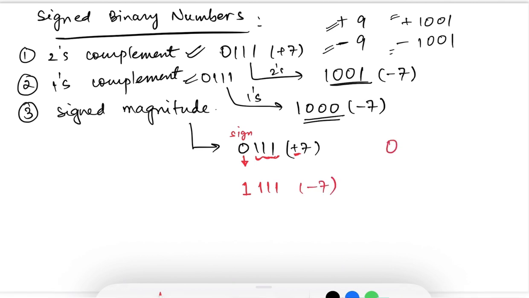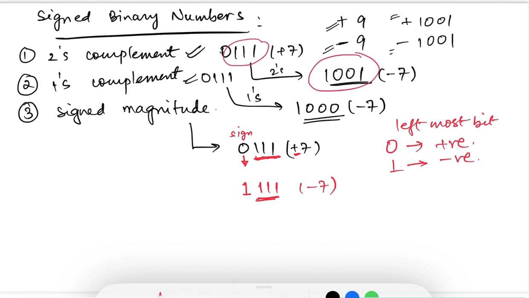So 0 is for positive numbers. If the leftmost bit is 0, the number is positive, and if the leftmost bit is 1, the number will be negative. The remaining bits represent the magnitude of the number. If a computer is working in the two's complement number system, then it will recognize only two's complement for all its arithmetic procedures. And if it is working in one's complement, then it will use only one's complement methods for its arithmetic. And for sign magnitude computer systems, it will use only sign magnitude notation.